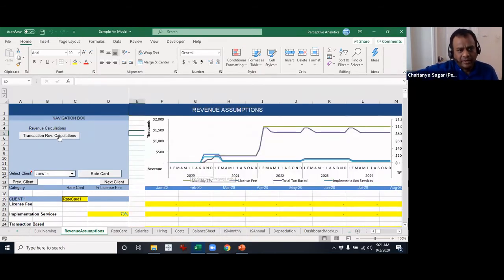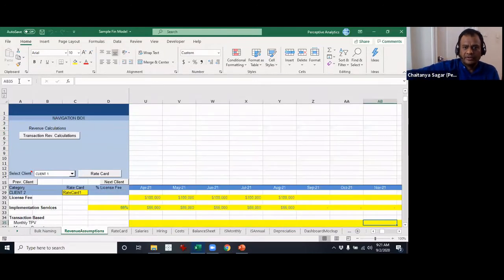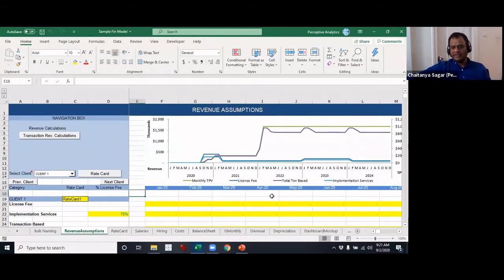For example, if you have a cell number that you want to go to, like AB35, you can hit enter and go straight there. So we are now in AB35. This will be very useful if you have a very large spreadsheet and you have to navigate.